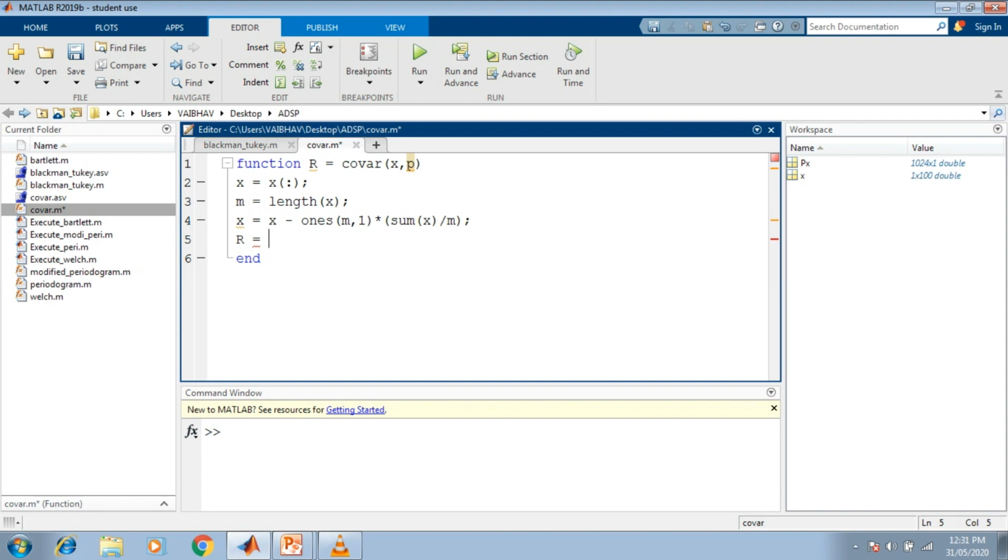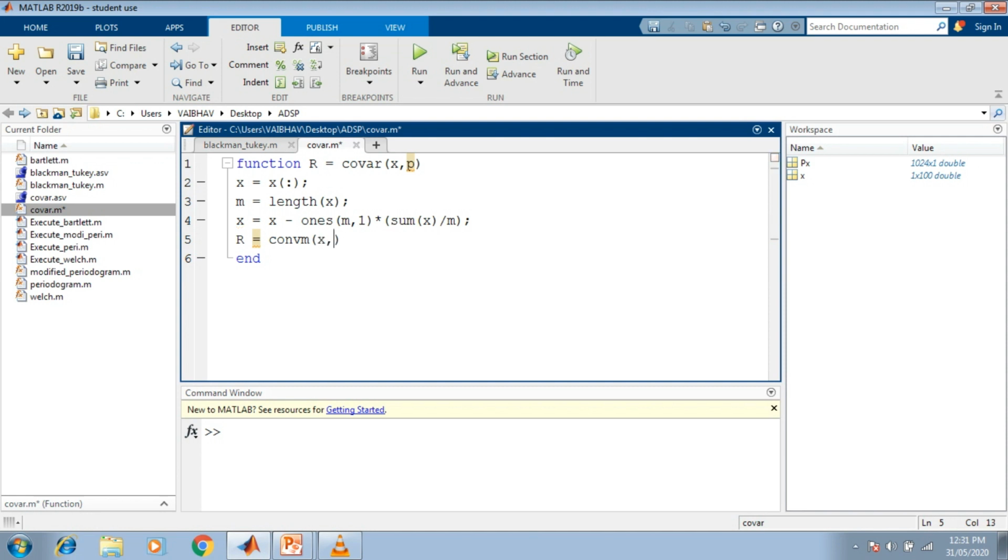That convolution matrix generation function we write as CONVM, for the convolution matrix. This is also not an inbuilt function in MATLAB, so we have to develop it separately.